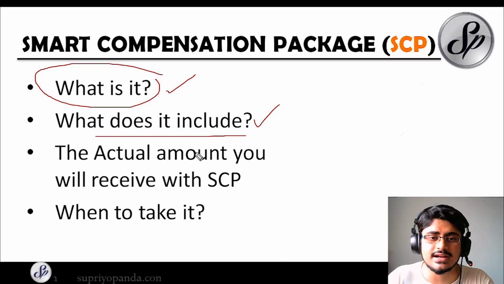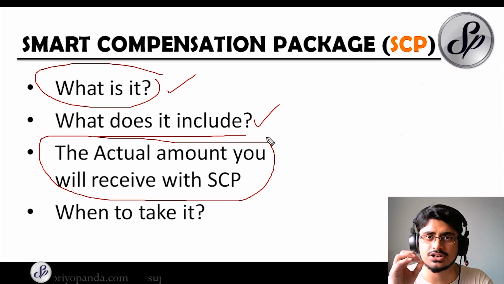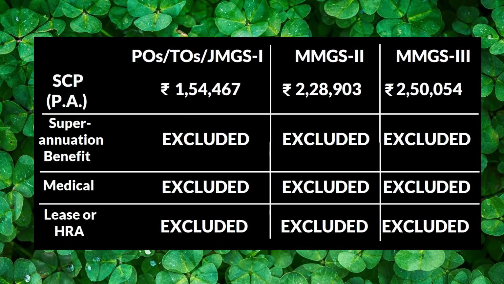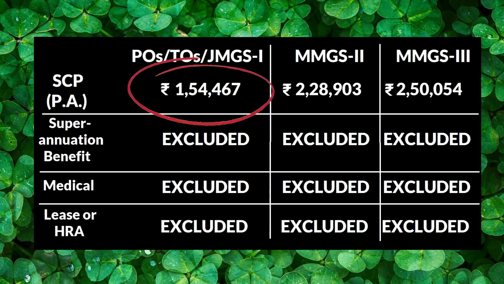Now you have to understand the actual amount you are going to be receiving with the Smart Compensation Package. So this is what you are going to receive. On the first column that you can see, it's for the POs, TOs, the JMGS 1. So this is what is going to be applicable to you. The second column is the MMGS 2 and the next one is the MMGS 3. So it's for scale 2 and scale 3. Now remember that only up to scale 3 you can opt for this. So you are going to get 1,54,467 rupees. So this is the entire amount of the SCP that you are going to get annually as a